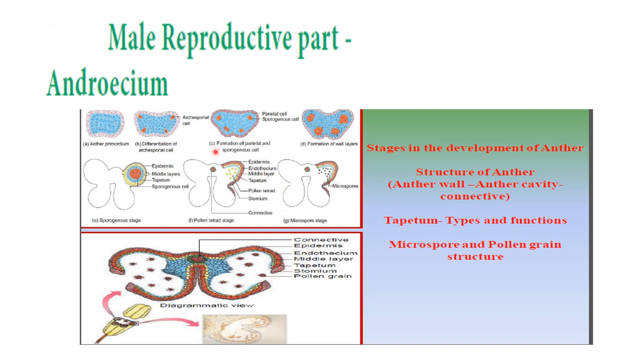So when the anther develops, it forms a four-lobed structure. At the junction of this four-lobed structure is present the stomium, which helps in the dehiscence of the anther when all the microspores are formed. So now we have learned that the parietal cell divides and forms the four layers of the walls. Then the inner sporogenous cell: the sporogenous cell is responsible for the formation of the pollen tetrad or the microspores. We shall learn it now.